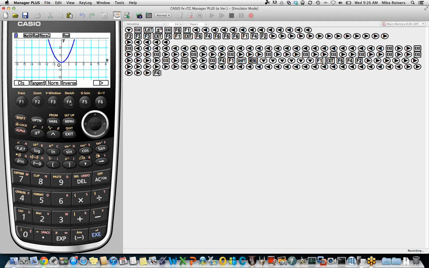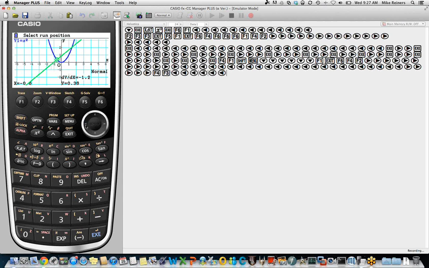Now let's go back into the sketch menu and let's investigate norm. So norm has to do with normal, which is the more formal mathematical term for a perpendicular line. And of course we need to use normal here because if we look at this green line, there's really nothing on our graph for this line to be perpendicular to. You could say it's perpendicular to the x-axis, but the x-axis isn't technically part of our graph. The x-axis is not part of this parabola.